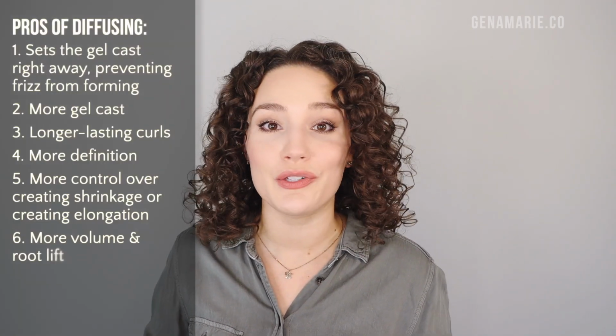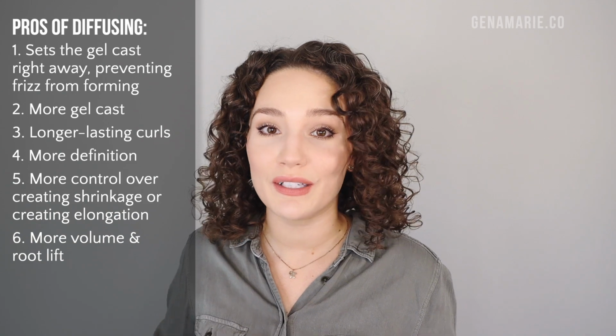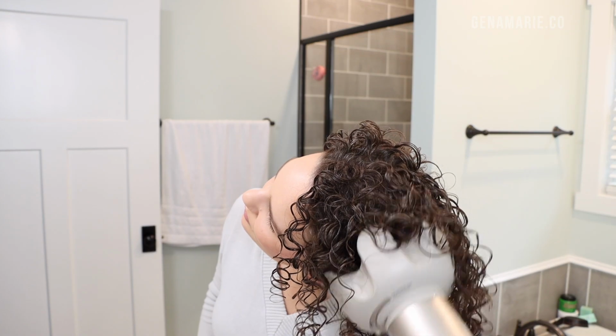Another huge one is you get way more volume and root lift with diffusing. You can really use that diffuser attachment to help lift the roots. This is one thing I love doing with my Shark diffuser attachment. It's got those really long prongs that are actually extendable, so I use those to lift my hair right at the root, and I get a lot of root lift this way, and it helps to elevate the curls, and